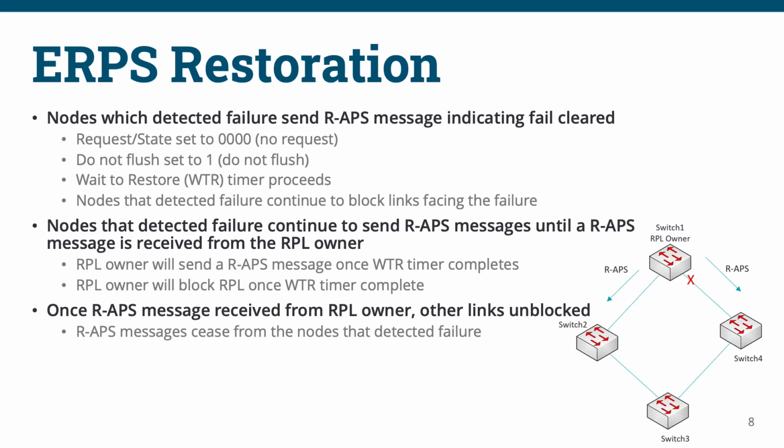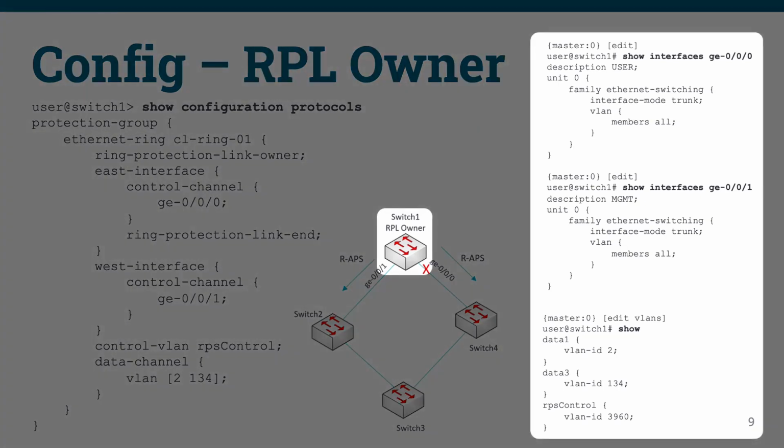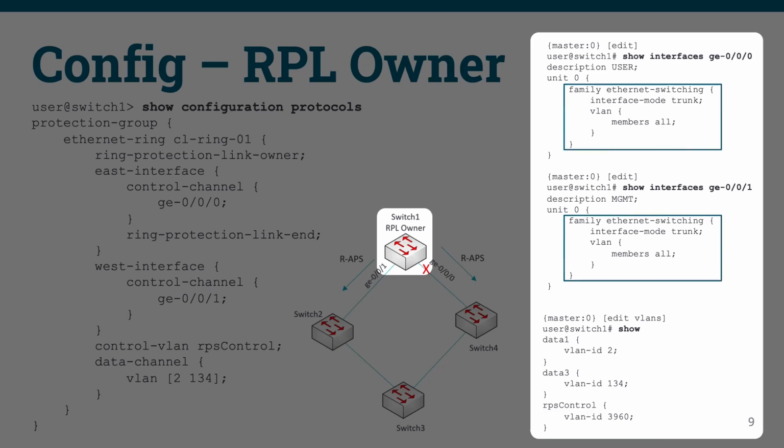Great. So now that we have a good understanding of how ERPS works, let's review how to configure ERPS on our Junos switches. First, we'll start with the RPL owner. On the right, we see the interface and VLAN configurations. The interfaces are configured like any other trunk interface, with the interface mode set to trunk and the VLAN members